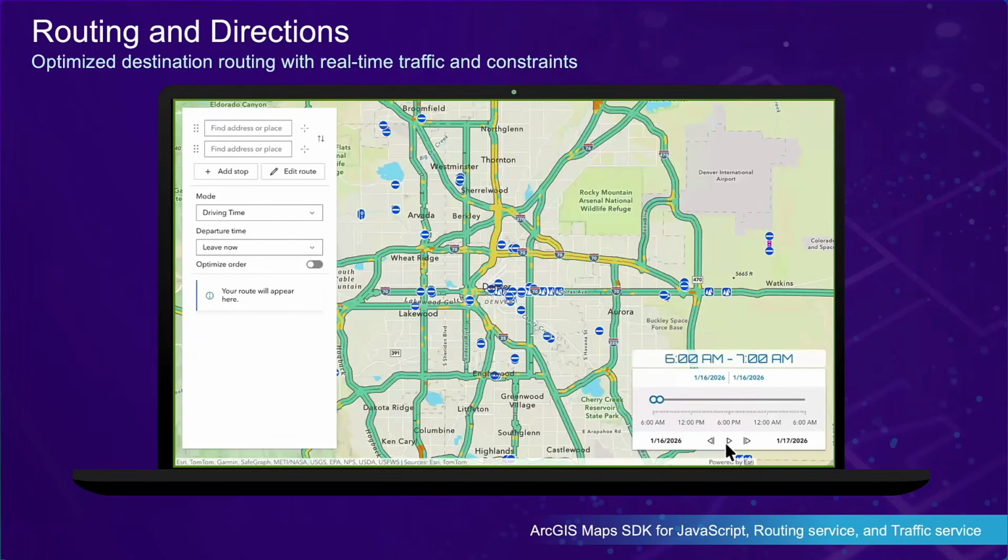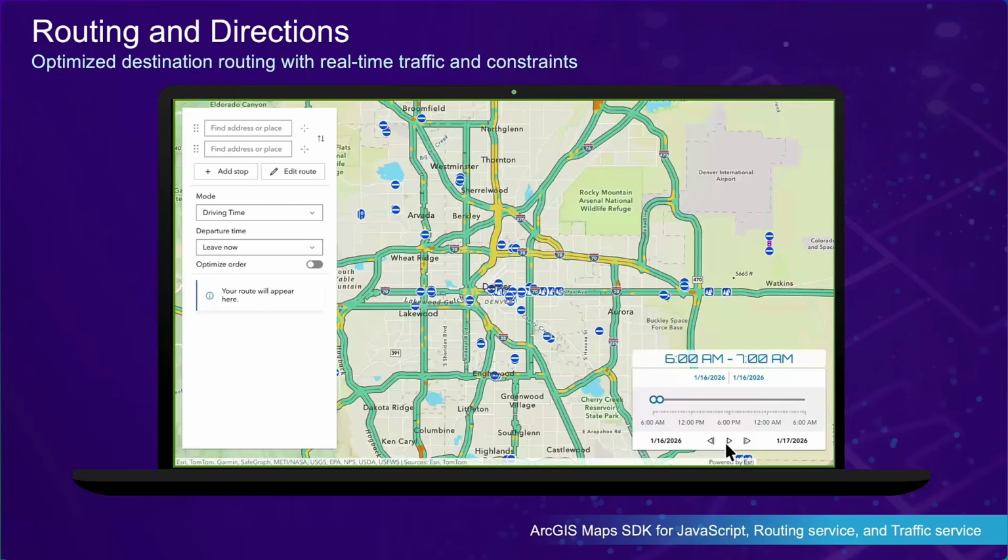The ArcGIS routing service can find the best route for visiting one or more destinations on a trip. To do so, you can use the solve operation. The operation works seamlessly with the live traffic service. All traffic data is updated every 5 minutes. In this example, we want to find the best route from the Denver airport to a number of ski resorts